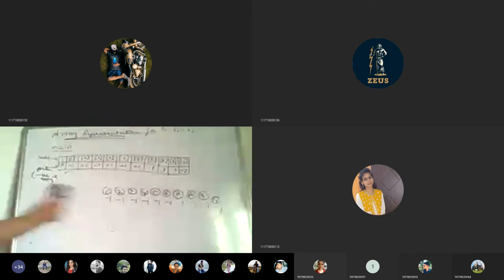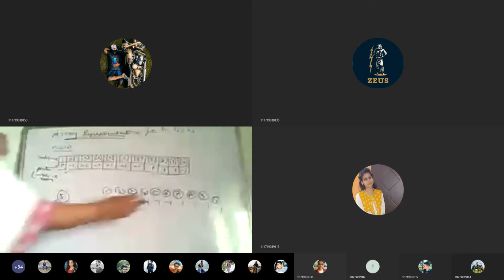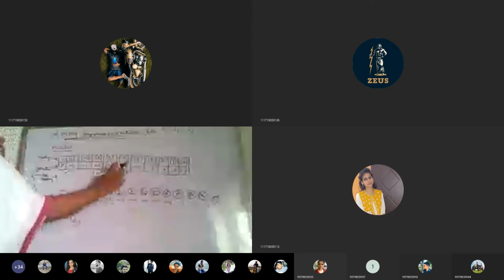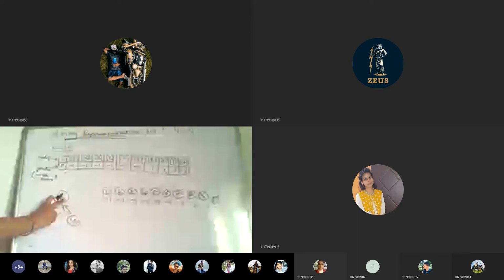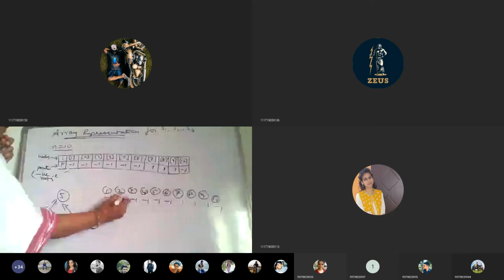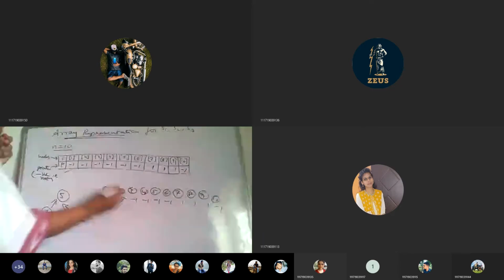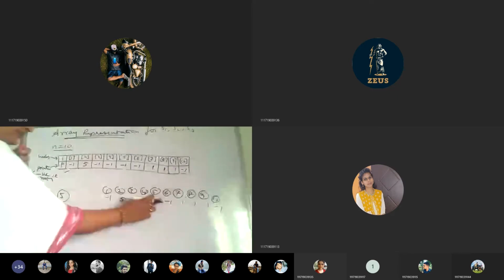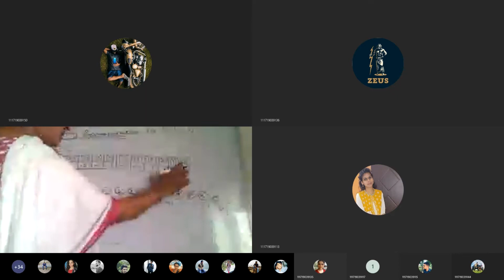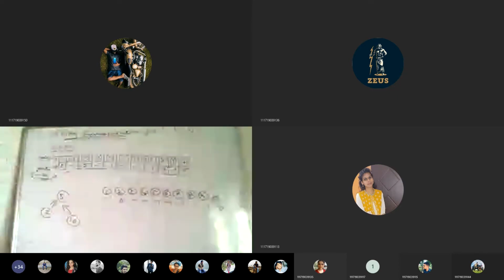Moving on to set 2. What is set 2? We have 5 and then 2 and 10. 5 is a parent itself, so I keep 5 as -1 only. And 2's parent is whom? 5. So 2's parent we make it as 5. And 10's parent is who? 5. 10's parent is 5, and here also we make 10's parent as 5. Okay, so that is set 2.